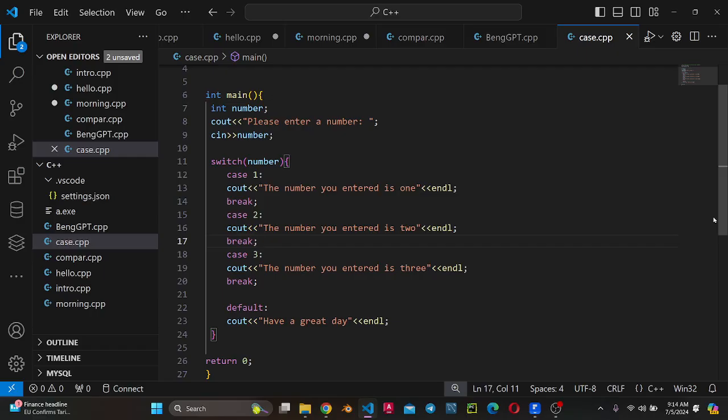Now, switch case statements are recommended to be used only when you have integers and characters. They're not recommended when you have strings and doubles, being floating point numbers. Not recommended to use switch case statements because